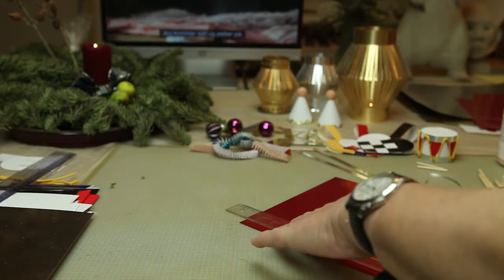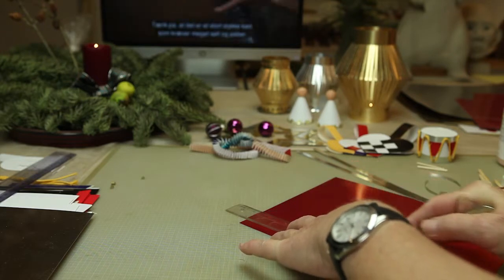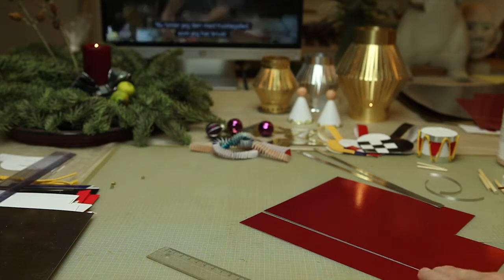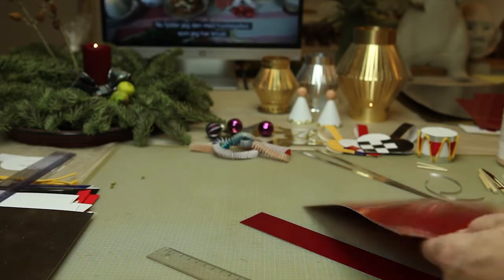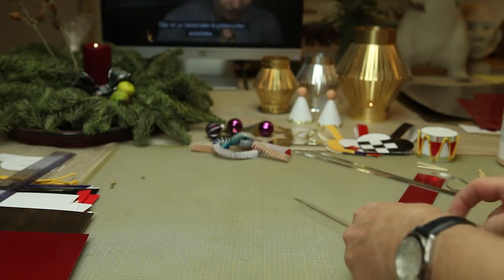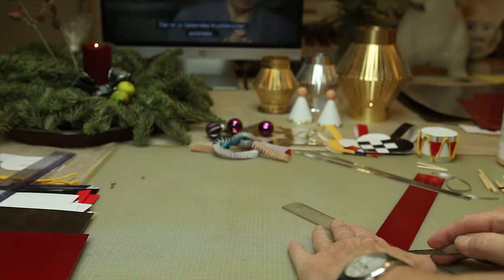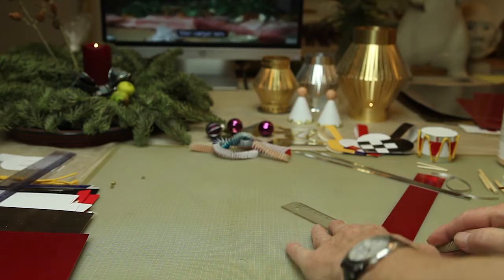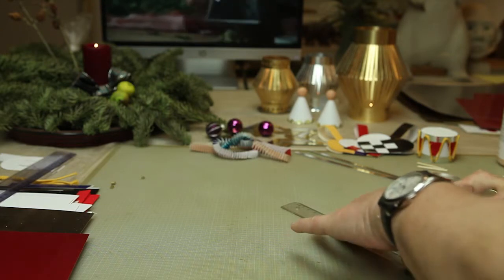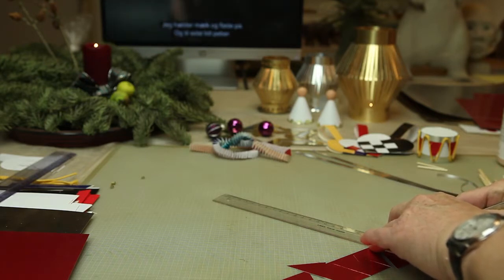As usual, we have to cut and glue this red foil paper. We will make the rectangle or the triangles on the side of the drum, and there is no precise measurement in this. You can make it as small or as big as you want, but